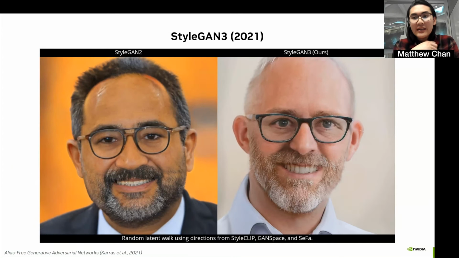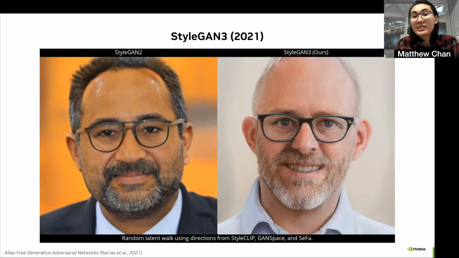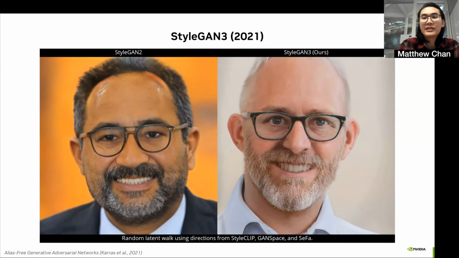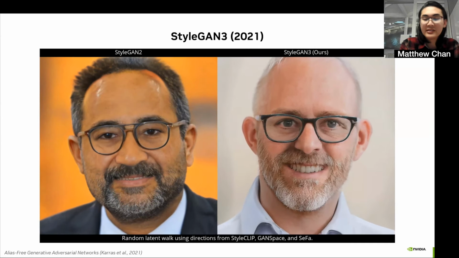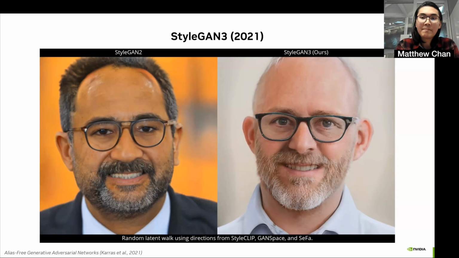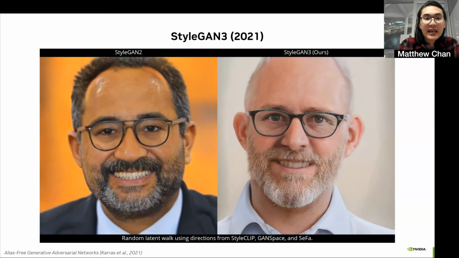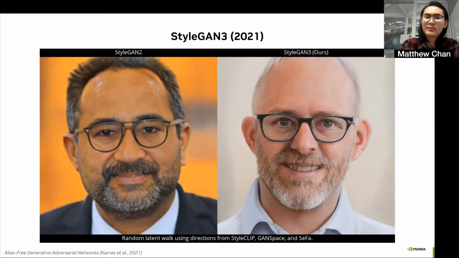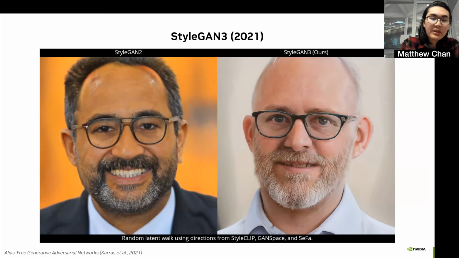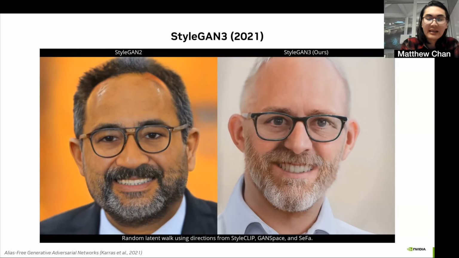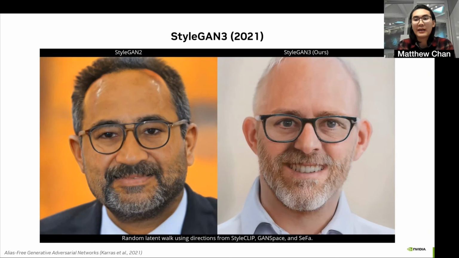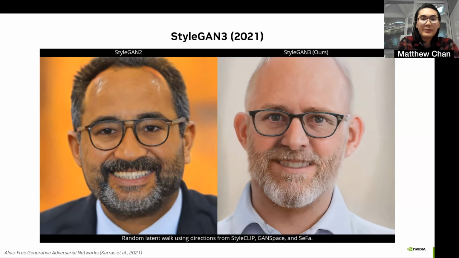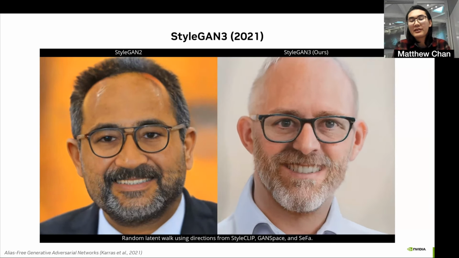In recent years, NVIDIA has proposed a series of StyleGAN papers, each achieving state-of-the-art in image synthesis at the time of release. On this screen, I have generated images of StyleGAN 2 on the left and StyleGAN 3, which is the newer variant, on the right. In StyleGAN 2, you notice there's a handful of artifacts, stuff like sticking. If you look closely at the beard here, I'm not sure how smooth it comes across on a Zoom call, but you may see there's a little bit of sticking along the beard, as if the fine details are glued to the camera lens. Whereas on the right, it looks a lot better, but you'll notice that even as they move the camera around, the person changes a little bit. And that's not really what we want.